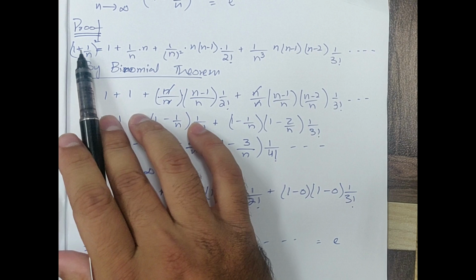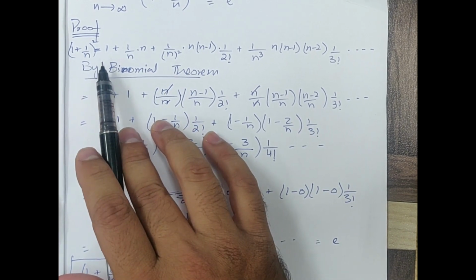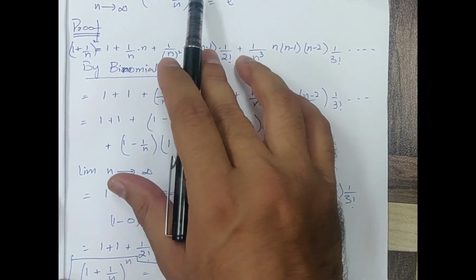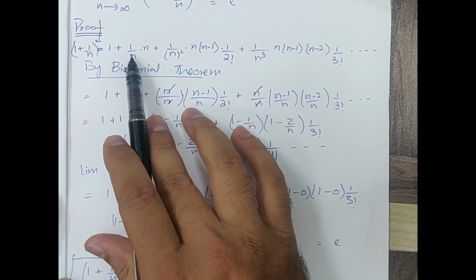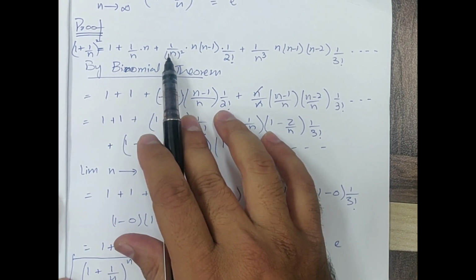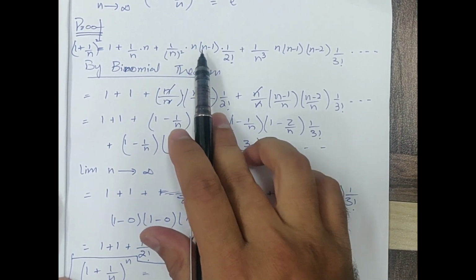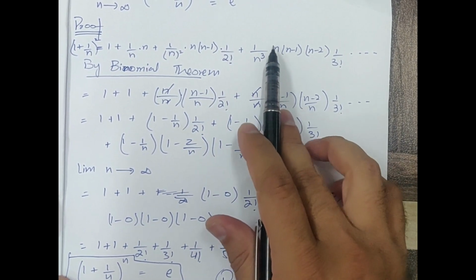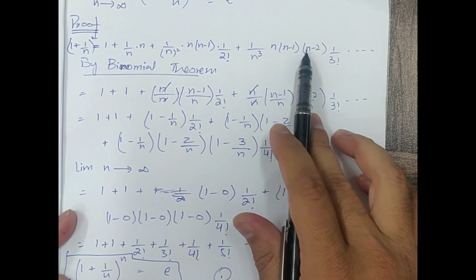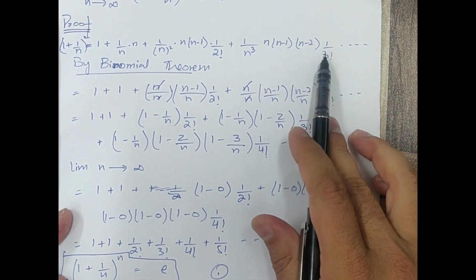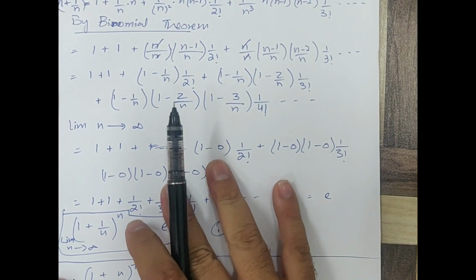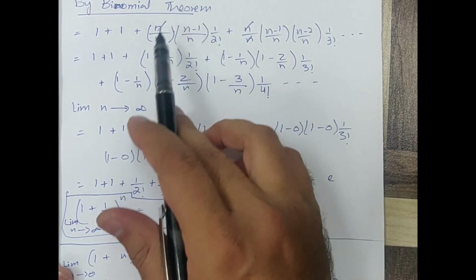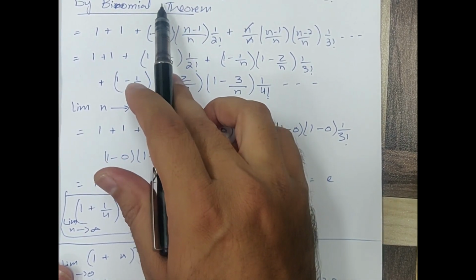Now we will use the binomial theorem to expand (1 + 1/n) raised to the power n. So 1 plus n times 1/n, plus 1/n squared times n(n - 1) times 1/2 factorial, plus 1/n cubed times n(n - 1)(n - 2) multiplied by 1/3 factorial. That's the binomial theorem. Now this n will cancel out with the 1,